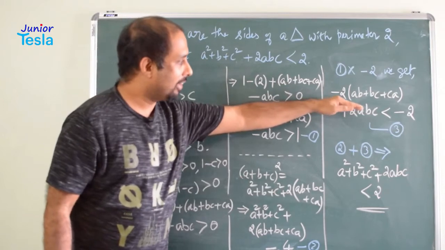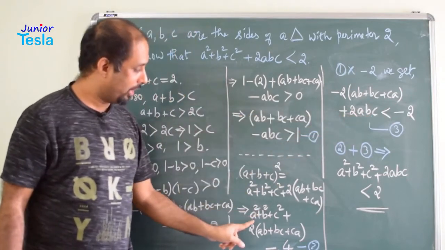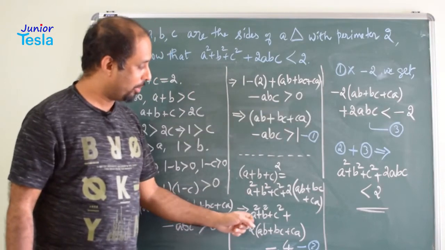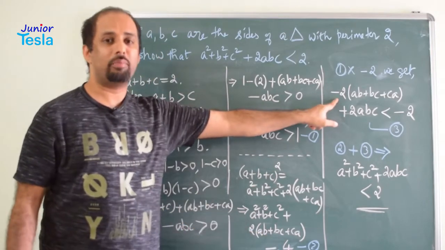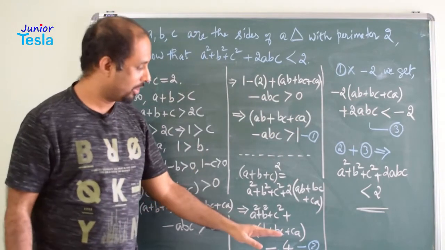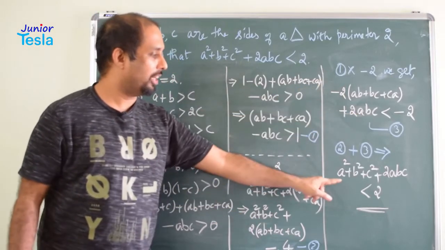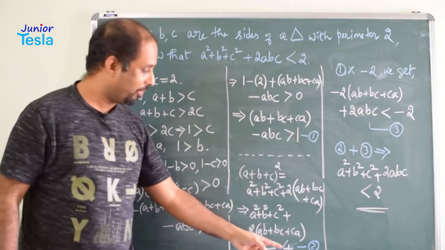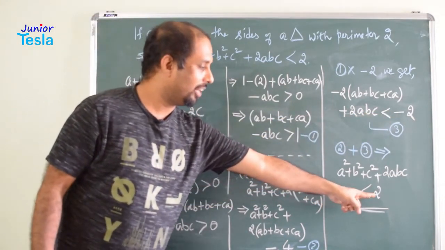Now let us just add this inequality with this equation, because here we have 2ABC and here we have this sum of 3 squares. So if you are adding these two, you will get a square plus b square plus c square plus 2 times ab plus bc plus ca minus 2 times ab plus bc plus ca plus 2 times abc. So it is very evident that these two terms get cancelled, plus and minus they get cancelled. What is remaining is this and this, correct? So a square plus b square plus c square plus 2abc. And what is there in the right hand side? Here we have 4 and here we have negative 2. So 4 minus 2 is equal to 2. That is why less than 2.